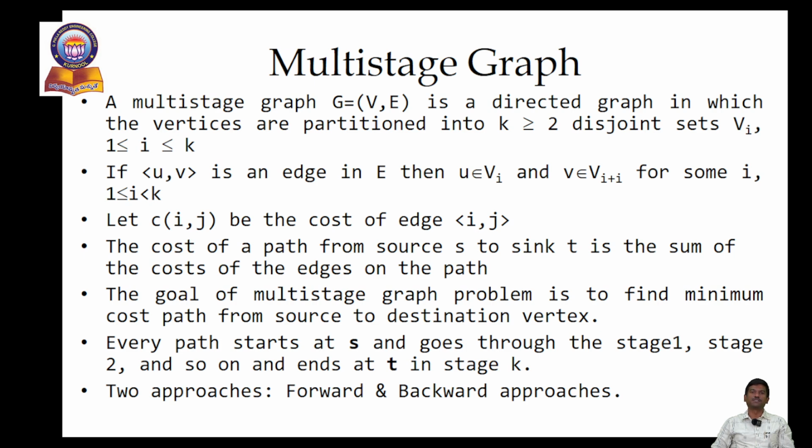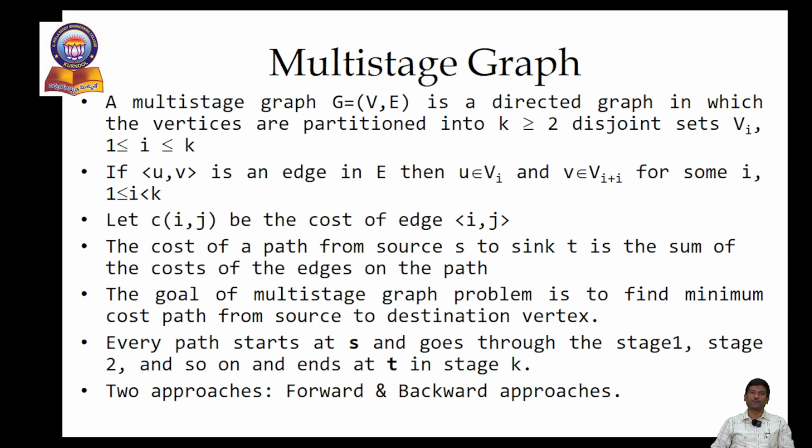If you recall the concept of dynamic programming, basically it is an optimization problem. And an optimization problem may be a maximization problem or a minimization problem. A maximization problem can be given with an example like the 0/1 knapsack problem, which can be solved using dynamic programming to maximize the profit. And when considering the multi-stage graph problem, it is a minimization problem, that is, the minimum cost path has to be identified